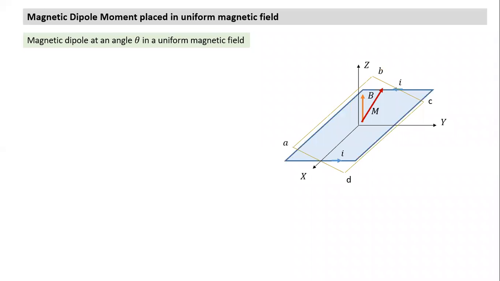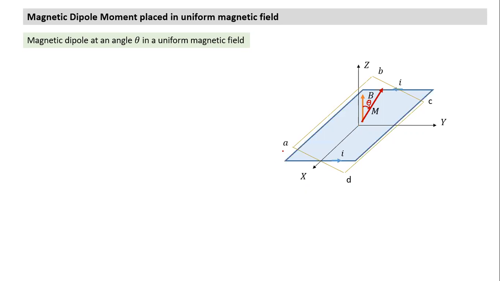So here we have rotated. The moment we tilt, earlier the M was vertical. Since the whole area has been tilted, what happens? The magnetic dipole moment vector also will tilt by angle theta. This is the new orientation. The magnetic dipole moment is making angle theta with the uniform magnetic field. What we can say in this case is that the magnetic dipole moment is placed in a uniform magnetic field at an angle theta with the field. This is how it is placed.